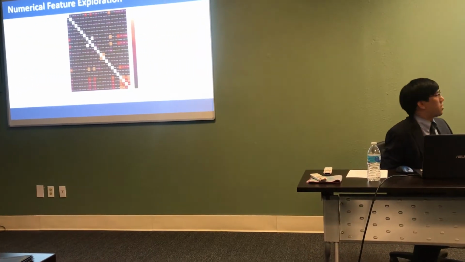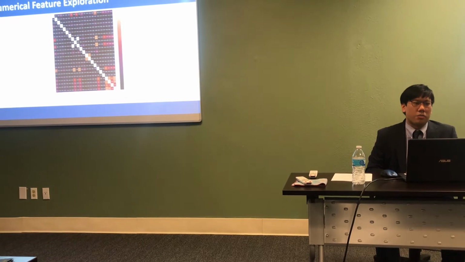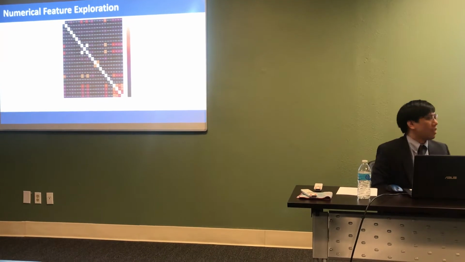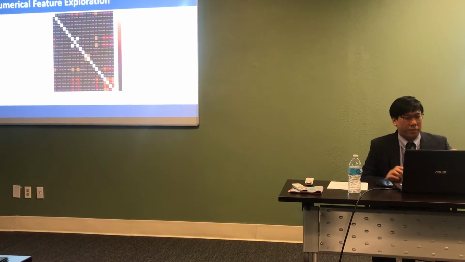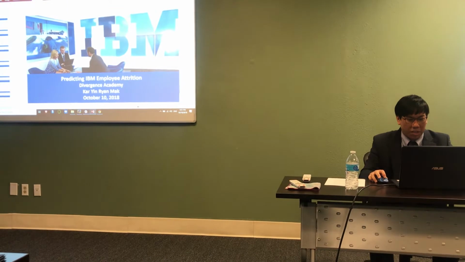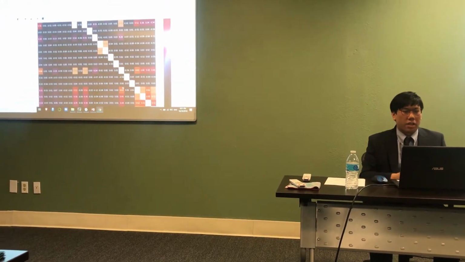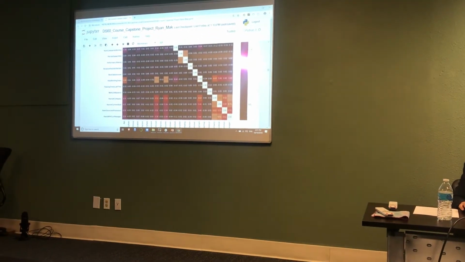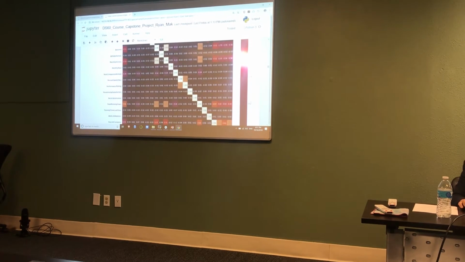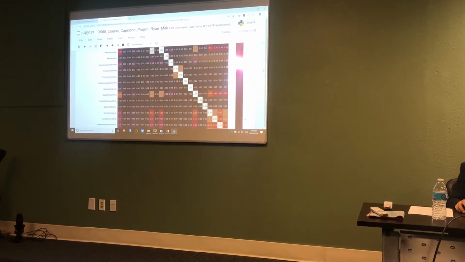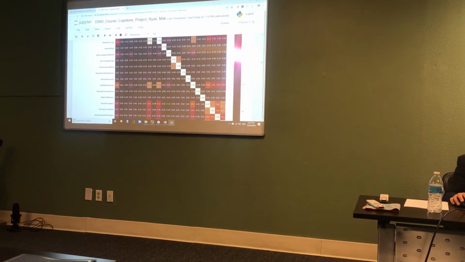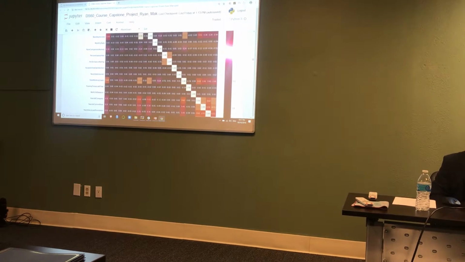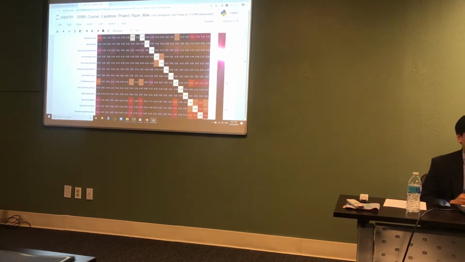Yeah, so I explored the 26 numerical features here by creating a correlation matrix. I understand that this is actually quite small, so I would jump to my Jupyter notebook, and the range of the correlations go from 0 to 1, so there's not much of a negative correlation, and you could see here that there's some patches of positive correlation between two numeric variables, such as monthly